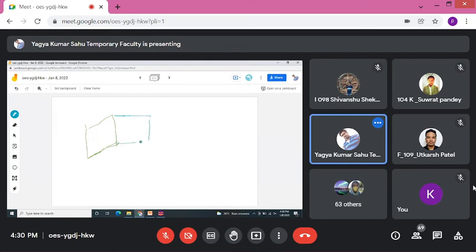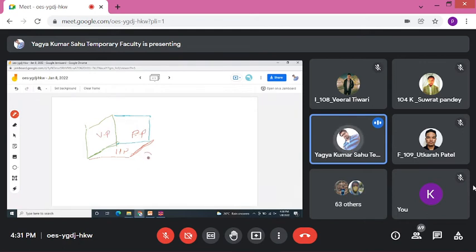Is it 90 degree to this? Yes, sir. And let us draw horizontal plane also in this position, then it will be very easy. Now I am drawing horizontal plane also, so you'll get it like this. This is your horizontal plane, this is your profile plane, and this is your vertical plane.